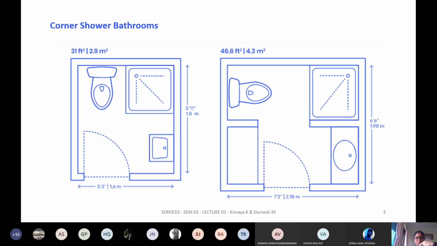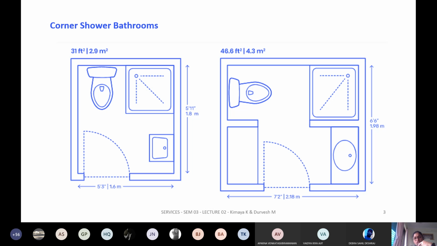This one is 1.8 meters by 1.6 meters, which is 1800 by 1600 mm. The other is 1.98 meters by 1.98 meters, more like a square.